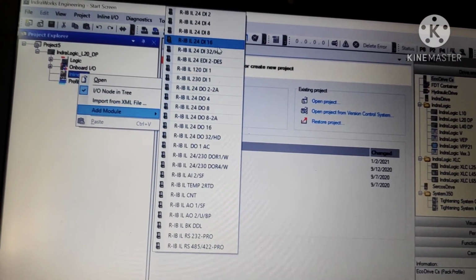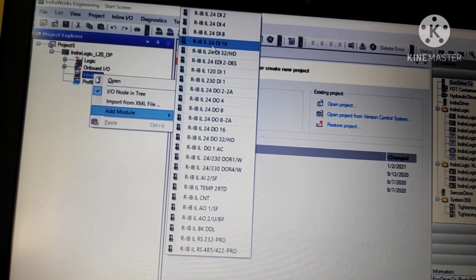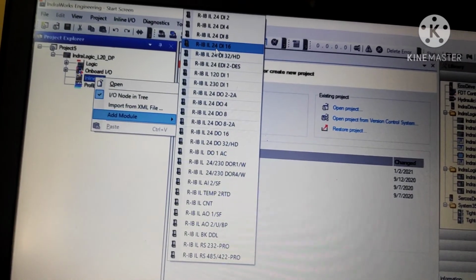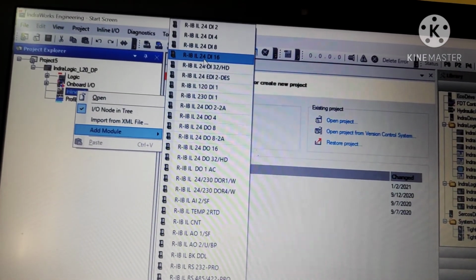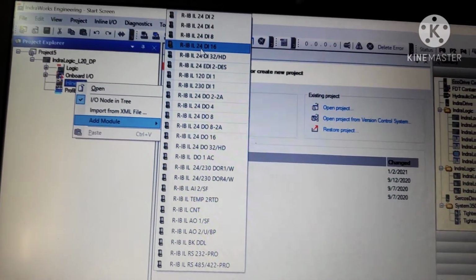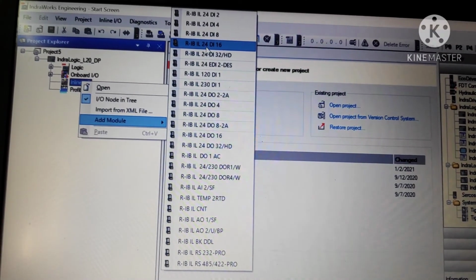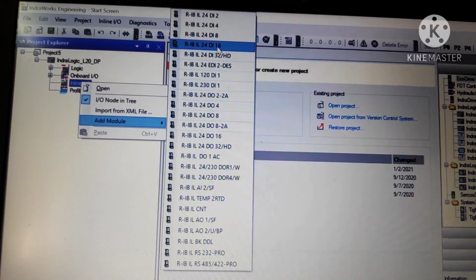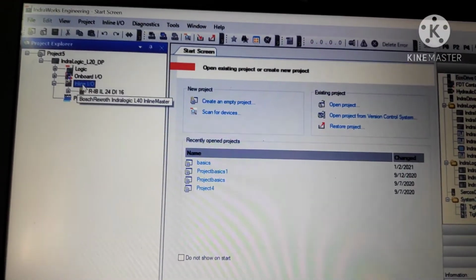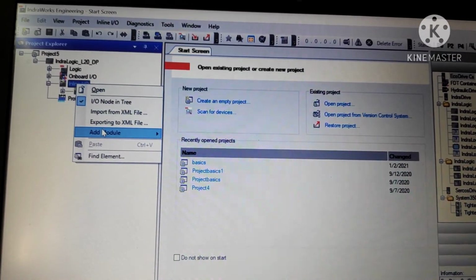So you have the RIB IL 24 volts DC power supply, which is the power supply of the PLC. Till 24 it is common. So now you have DI. DI means digital input 16. I have explained in my previous video, on the PLC, I have clearly mentioned how many inputs and outputs we have. We have 16 inputs, 16 outputs. That is why I am selecting DI16. So you give within the 16 inputs and you will get output within the 16 outputs.